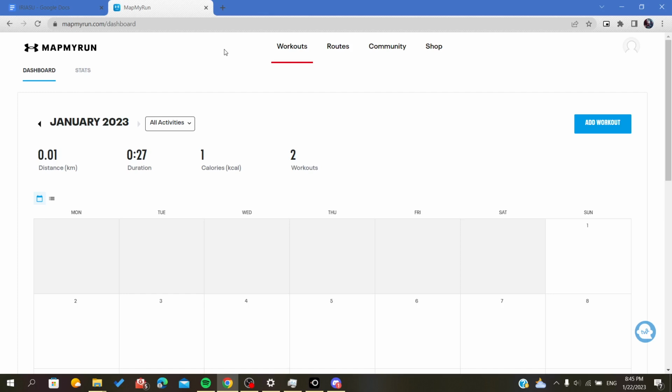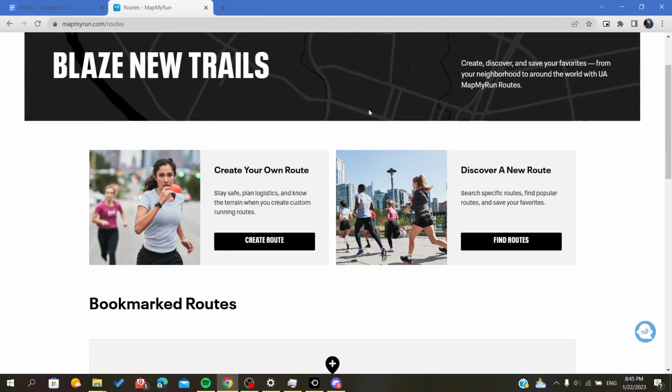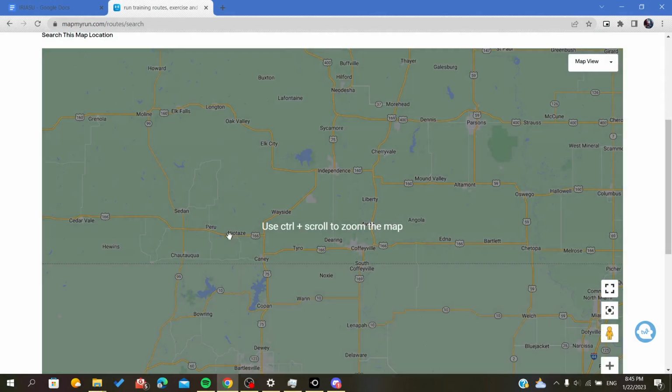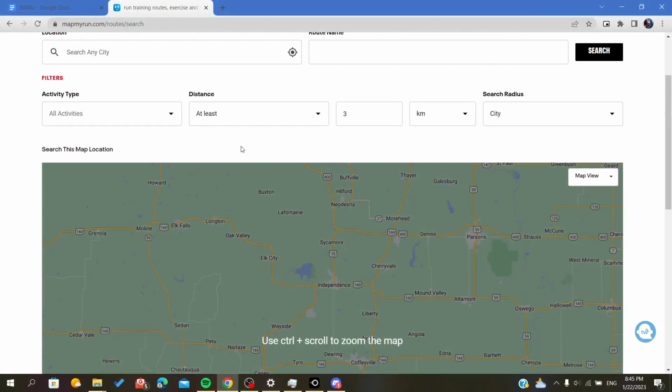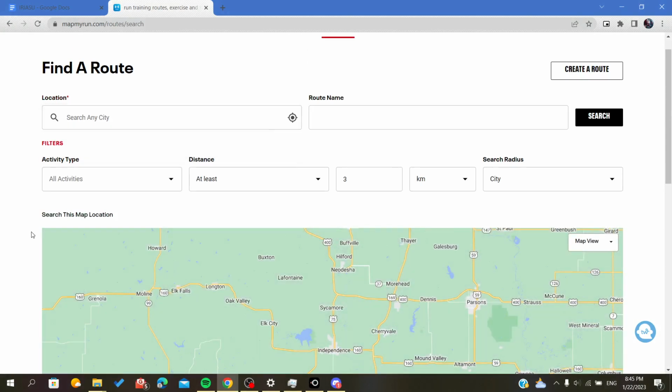and here you will find the dashboard as the home page. But here in the menu, you will find something called route. Here you can find all the routes that you already have, or you can discover some routes. By discovering these routes, you can just add them to your route list, and you will have the routes